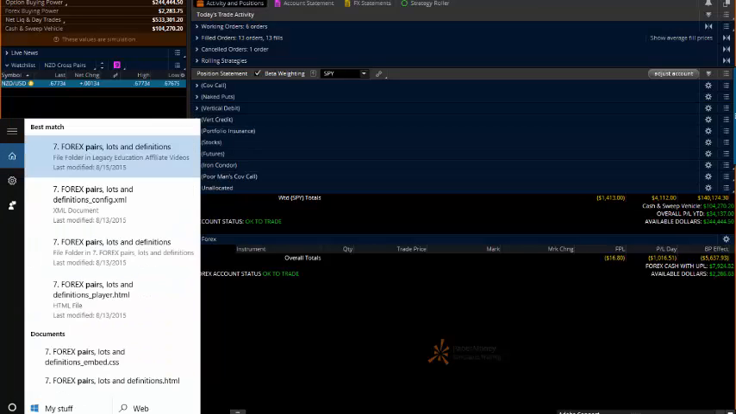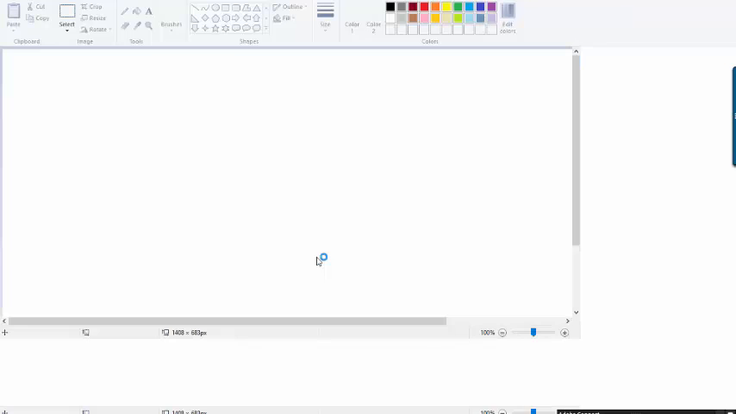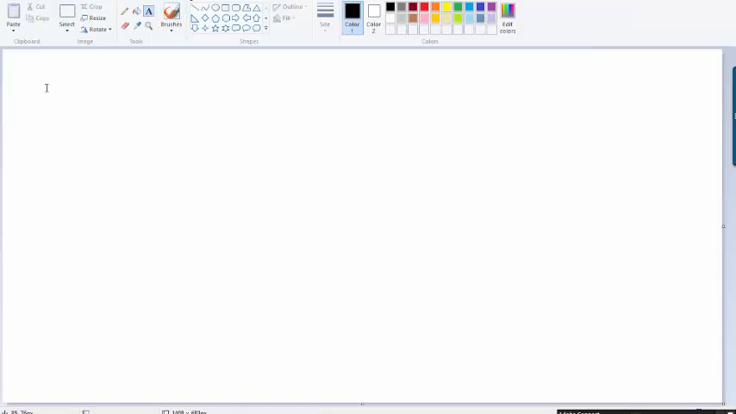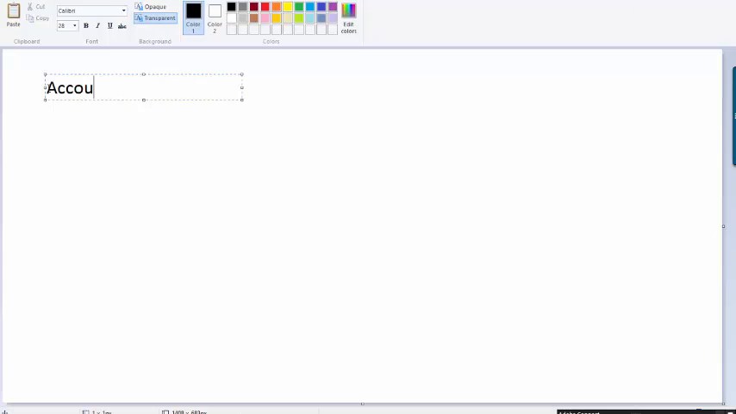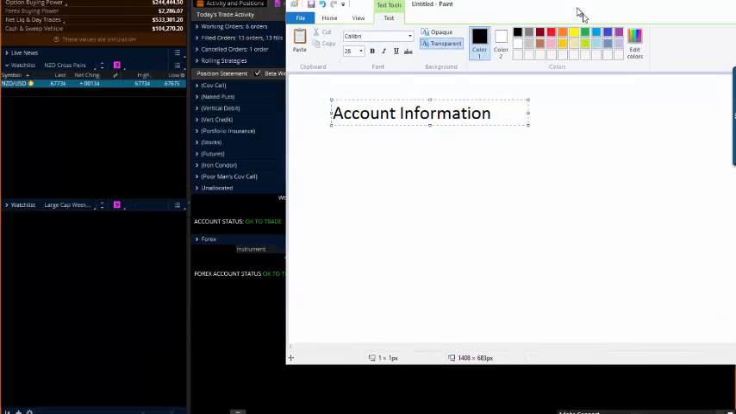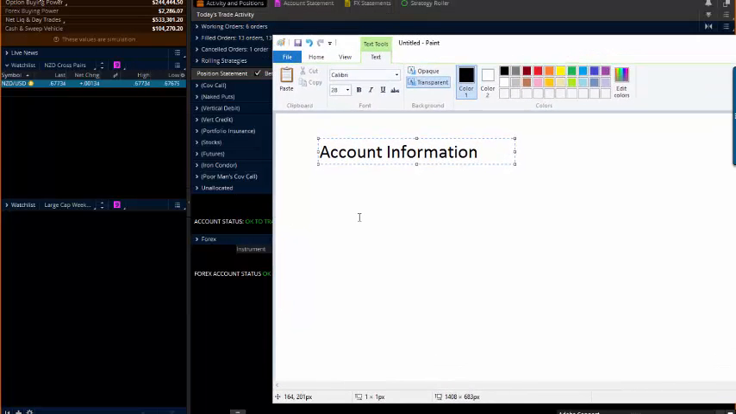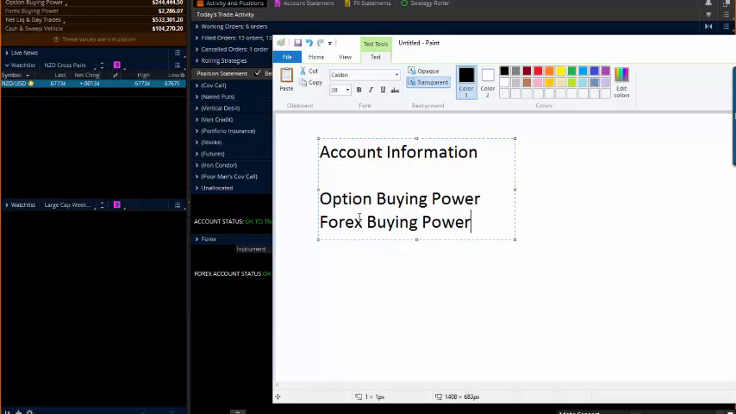Okay. Bring up Paint. Let's first start with the account information over on the top left. Okay, so you've got account info. There are a few things that need to be defined. You have option buying power, forex buying power, Net LIQ and day trades, cash and